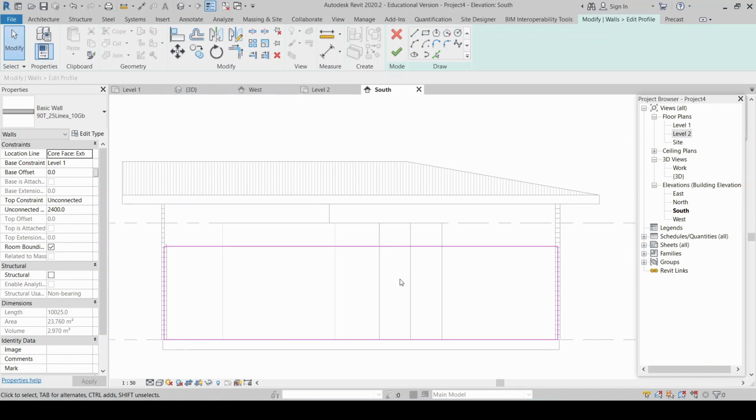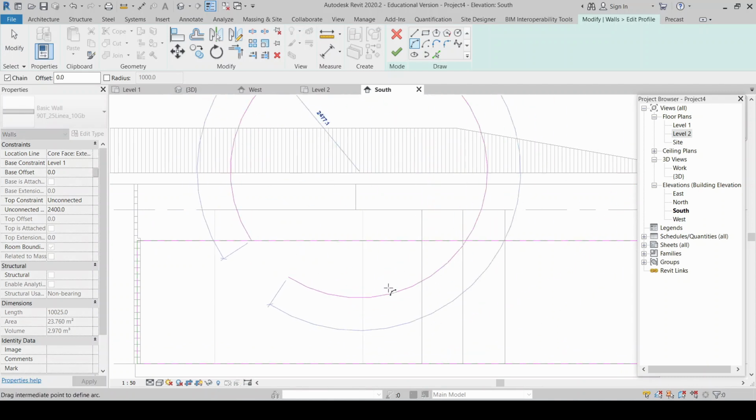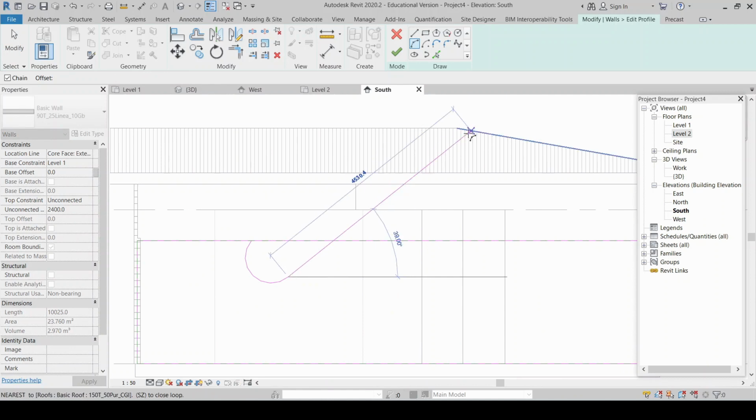Again, we are not changing the wall itself. The wall is still modeled at the same height, but we're going to change the way that it appears in all the views. Again, I clicked on that. I've got this purple outline that shows the wall in elevation, and I've got these draw tools up here. If I take, let's go with an arc. So let's grab a 3-point arc. If I draw a shape in here, like that, and then I draw just a line to connect